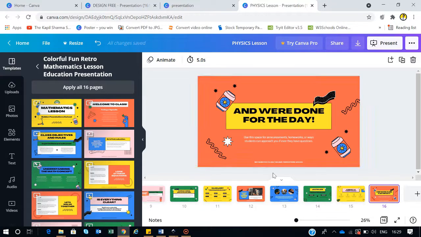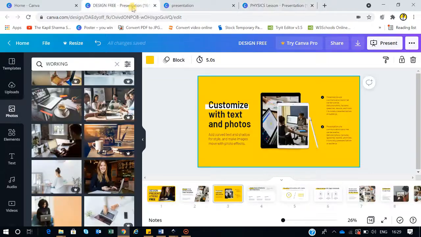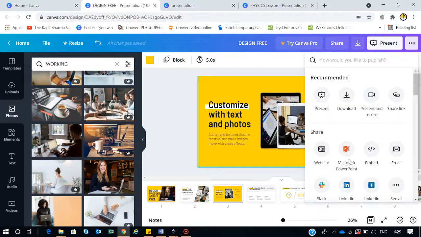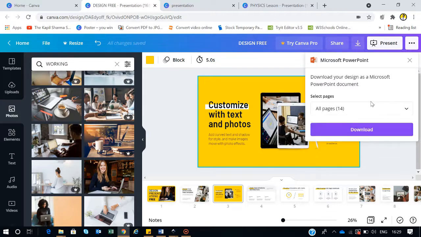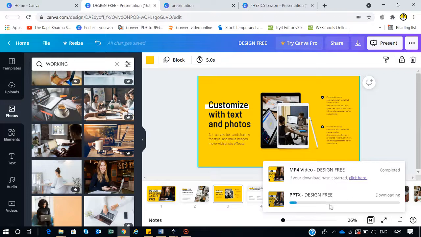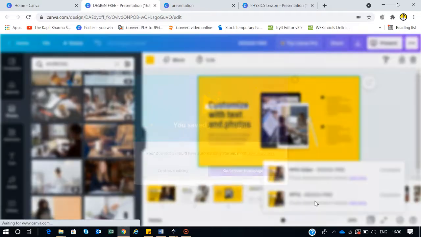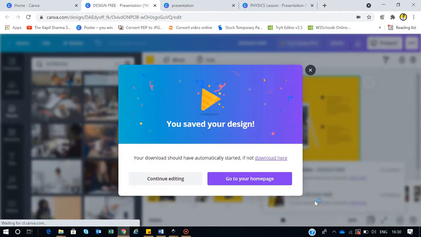For that, I'm not going to waste time in this presentation, so we will use this presentation which is already ready to download. So simply go to this option and then go to Microsoft PowerPoint. I've already removed all the paid elements from this presentation. Simply go to download, and now you will see it is downloading a PowerPoint presentation, which you have not designed in PowerPoint, right?